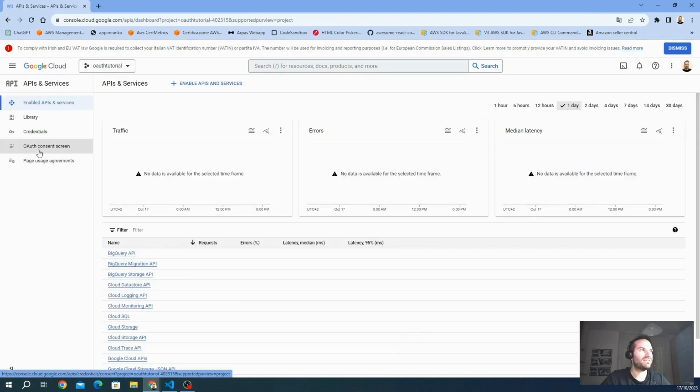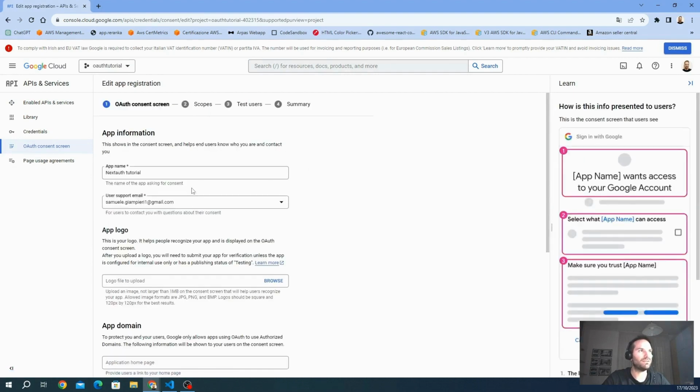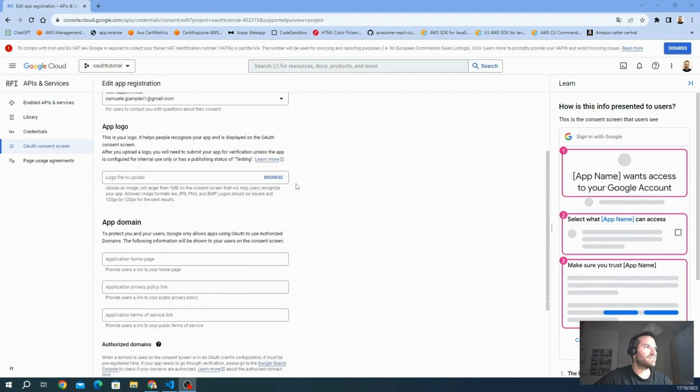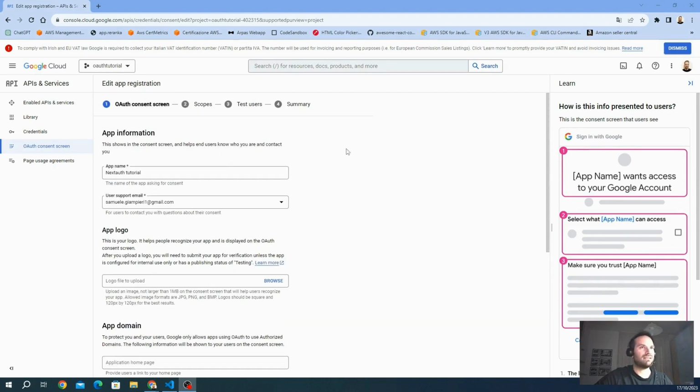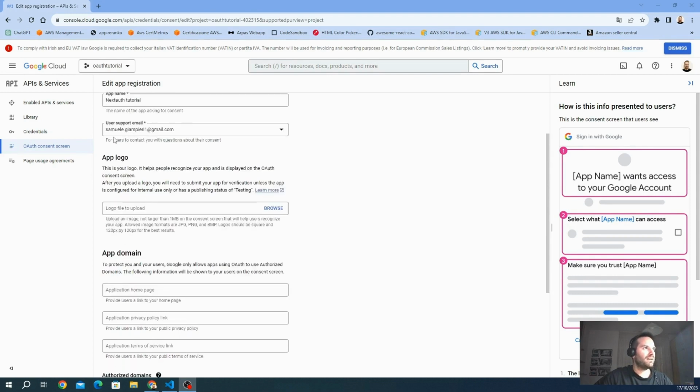So the first step is to activate a consent screen that I already created, but I can show you the fields that you have to fill in when you create a new one. This is the consent screen, and it shows which information is going to be shown to the client. So here is all the information that Google will ask you when you create the OAuth consent screen. First is the app name, which is the one that the client is going to see here in the consent screen, a user support email,